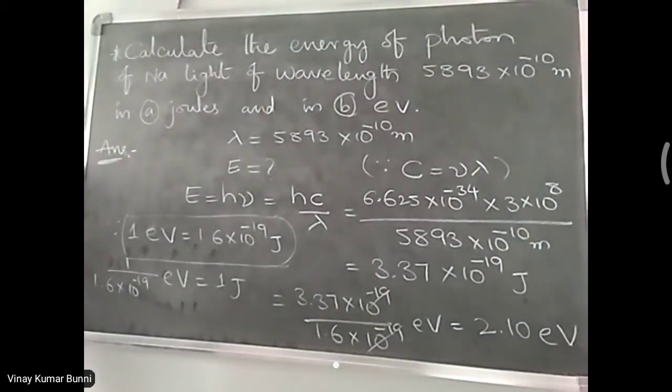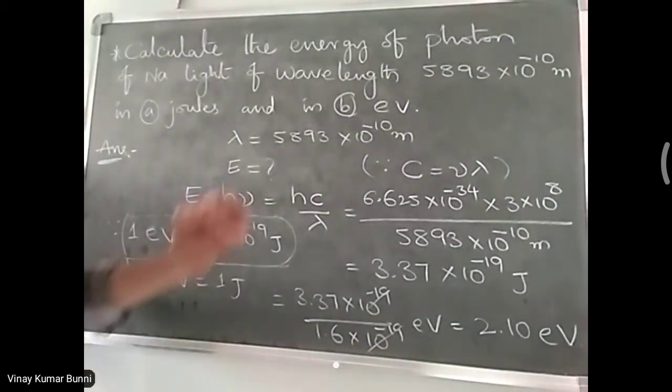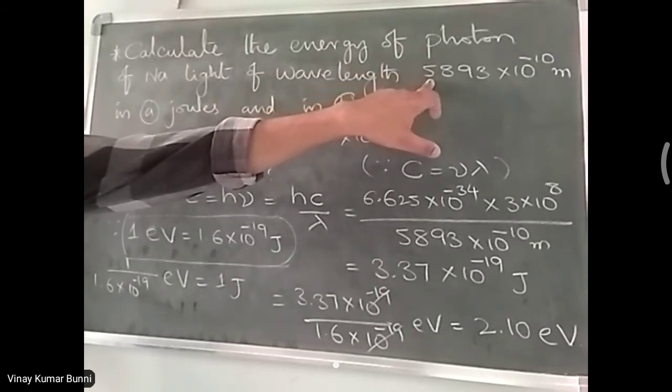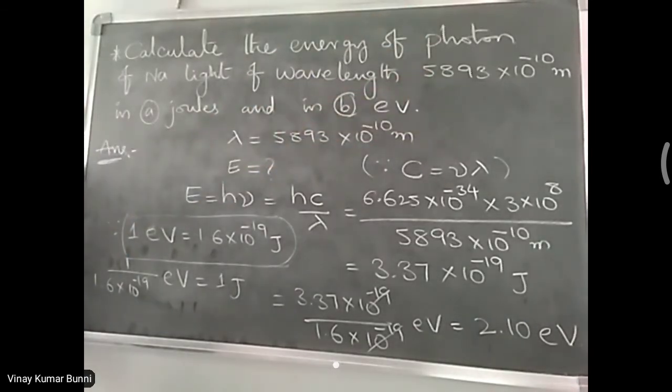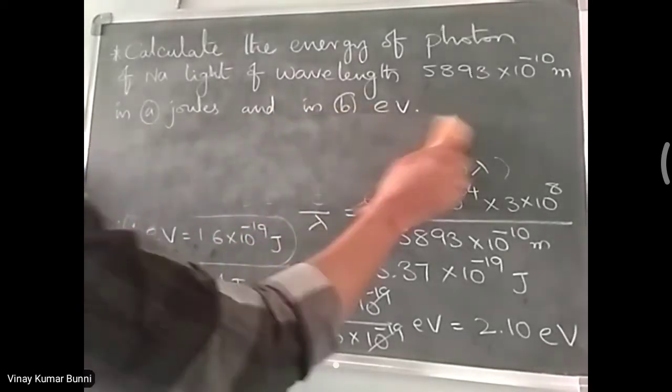Very simple problem. We just need to understand what is given in the problem. That is, lambda is given only. So here he is not asking about the work function, not the kinetic energy, not even the stopping potential. He has just given the lambda value and is asking about the energy. So only the fundamental formula is essential here. Now let's solve another problem.